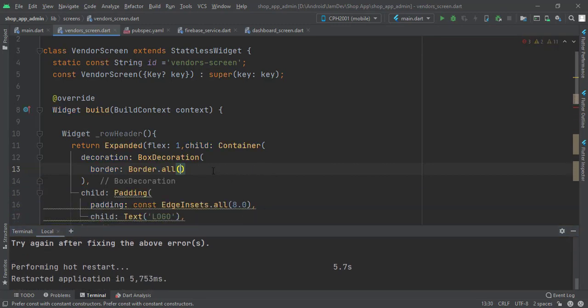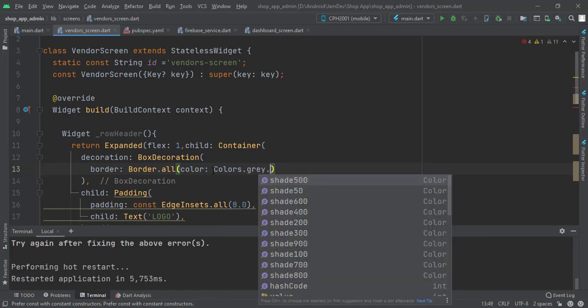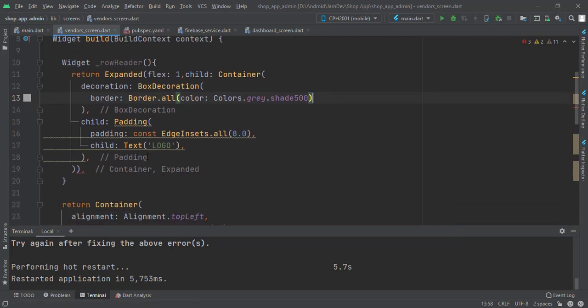We can change the colors to gray dot shade of 500. So now we need text here. The text is a string, then we can mention the text. So that text you can bring here,